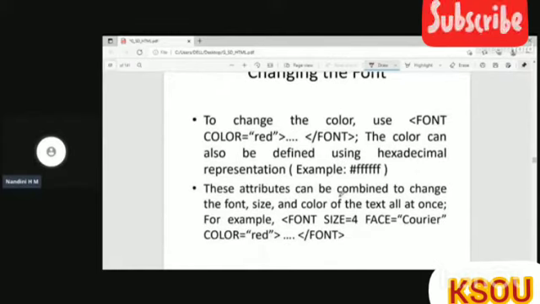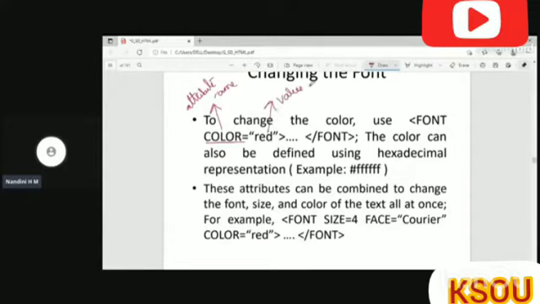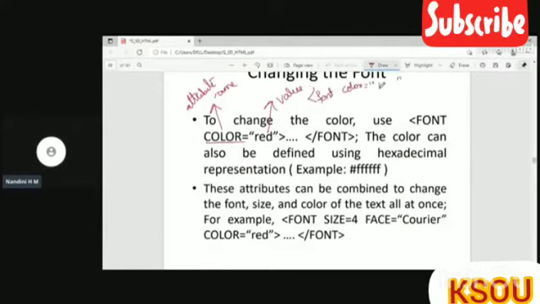So you can change the font color using the attribute name color. This is the attribute name. And this is the attribute value. In order to change the font color, you have to write font color is equal to the color you want.